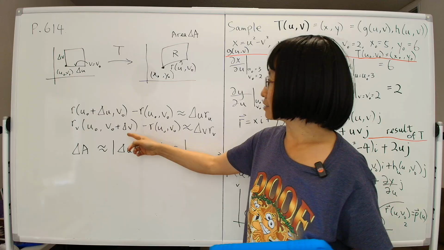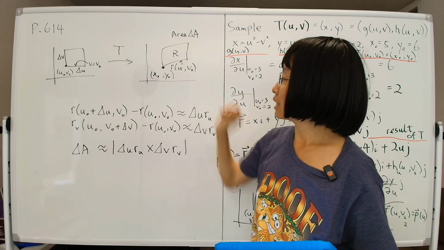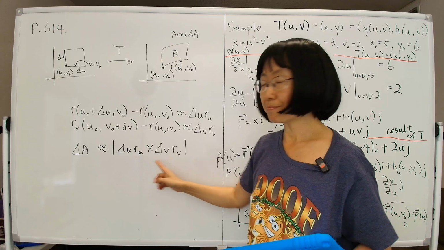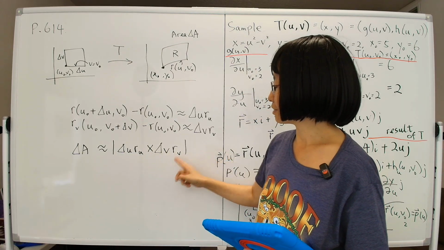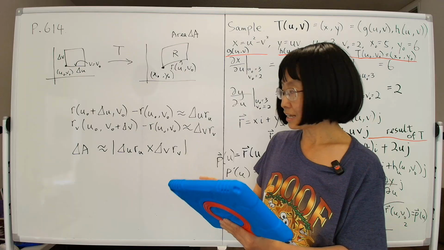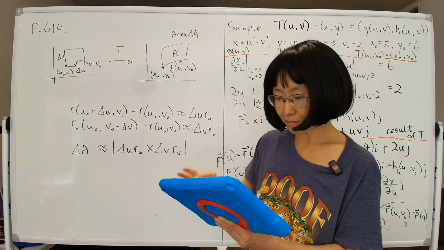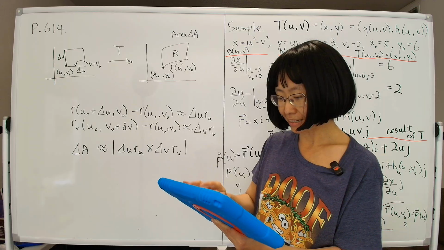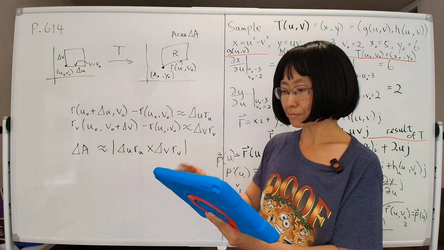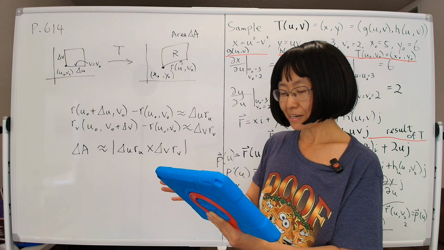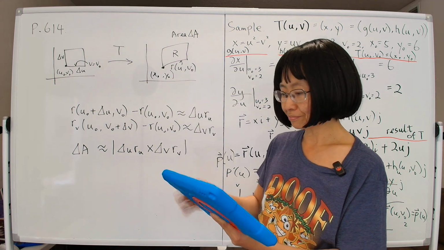And being that they are the same, then we can approximate the area of R. The area is given by the cross product, as we mentioned a little earlier. You just calculate the cross product of these two things, and that will give you delta A. Now that is what we've been looking for this whole time, actually. Now if that is delta A, then you take the cross product, and when the dust settles, the cross product is